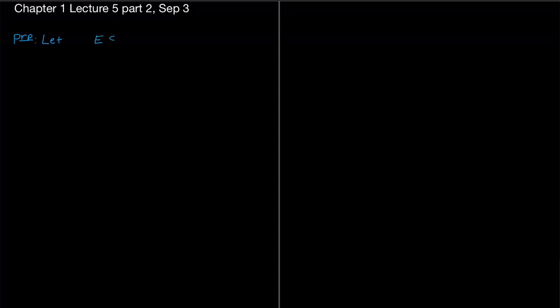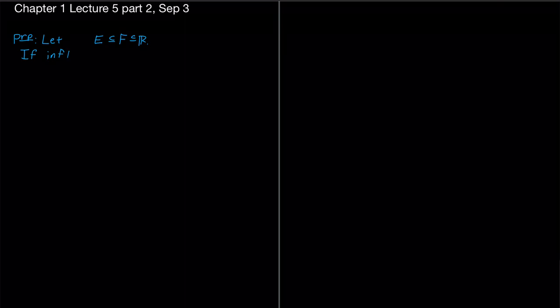One other relatively quick proposition that I want to point out to you that is true, I don't believe it is in your book. Conway might have thought it was too obvious to bother writing down, but it is occasionally going to be useful, and you are allowed to use the following in your homework. Let E be a subset of F, which is a subset of R. And then if the infimum of E and the infimum of F both exist,